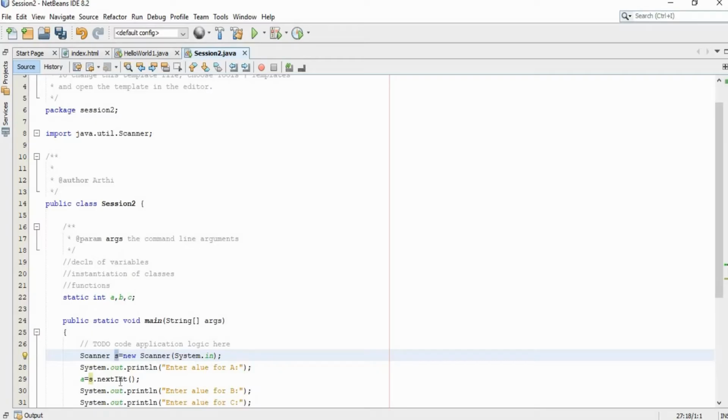So if the user provides the value for a as 5, Java will consider 5 as a string, and to convert it to an integer we call nextInt(). If you are reading any string value from the user, you can just write s.next(). So this is about reading a value from the user in Java. Similarly for the other variables b and c, we can copy this statement.